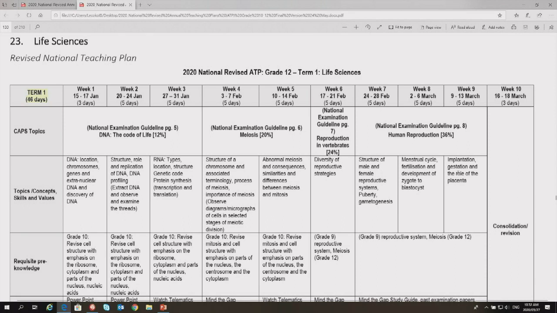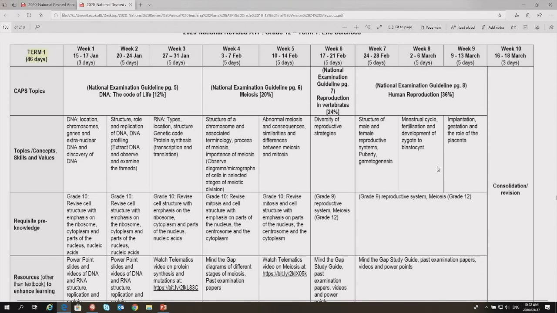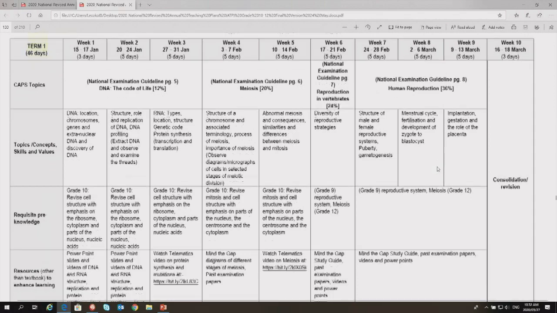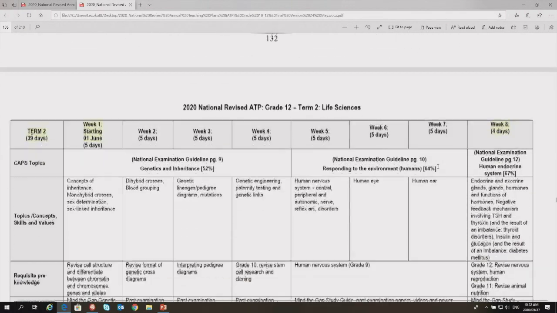And as I've already said, then in the Free State, we also gave time for revision of the human impact on the environment that comes from grade 11. Now when we move, nothing has changed here because it's done. It's history. It's not actually history because learners still have to revise it and still have to write 2 exams on it. But in terms of teaching, first time teaching, face-to-face teaching, as a matter of fact, it is then part of the first term's work. Scrolling down to term 2.